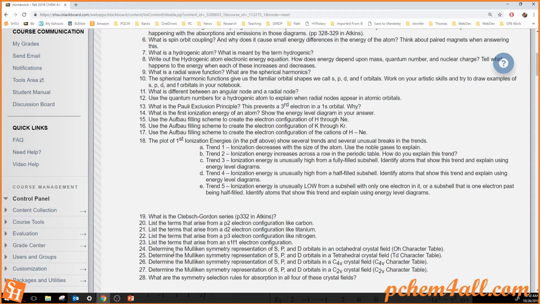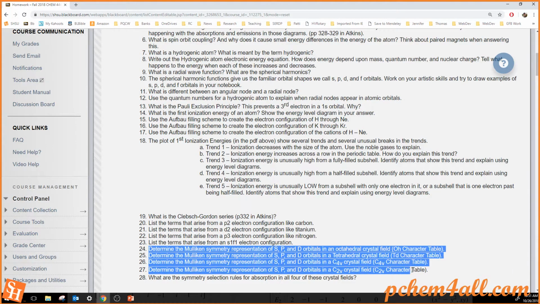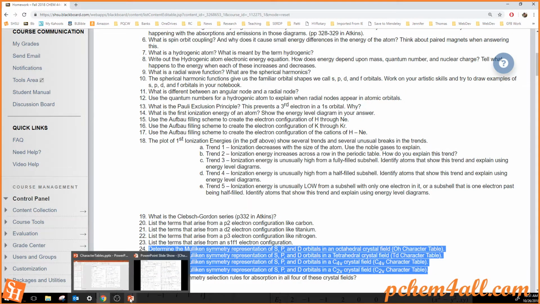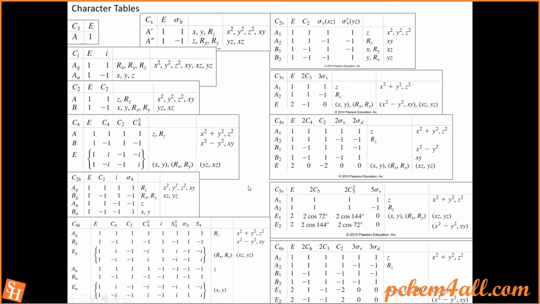And then this last piece we really didn't talk about in class because it's pretty simple, but that doesn't mean that you'll pick it up if you've never really talked about it. So I'd like to show you this series of character tables. You drew the d orbitals and the p orbitals as part of this week's homework, and I just wanted to talk about the character tables. And you'll notice that in these particular situations, we have